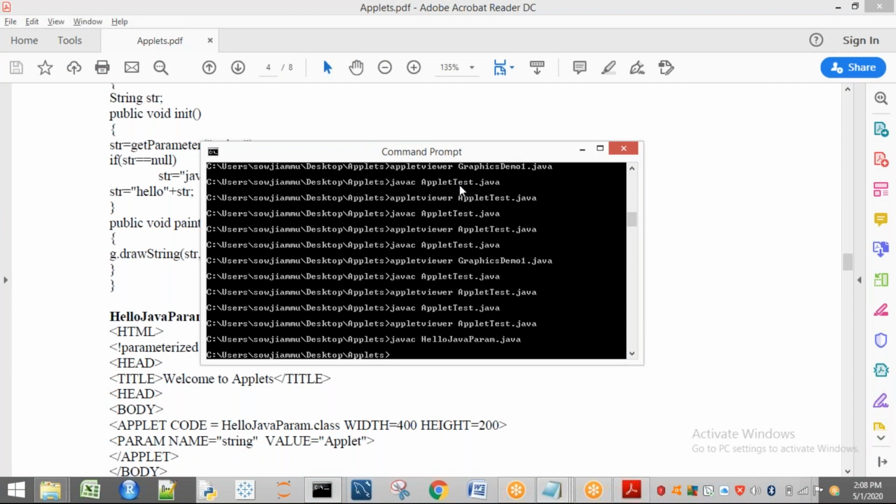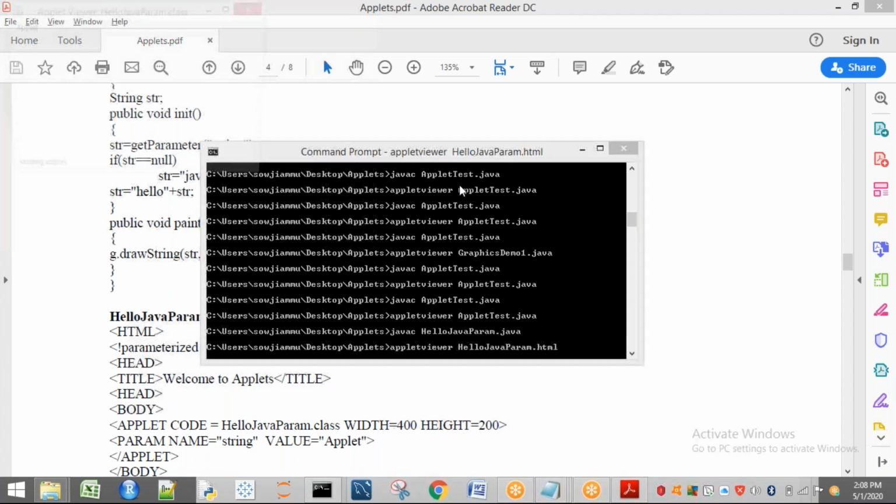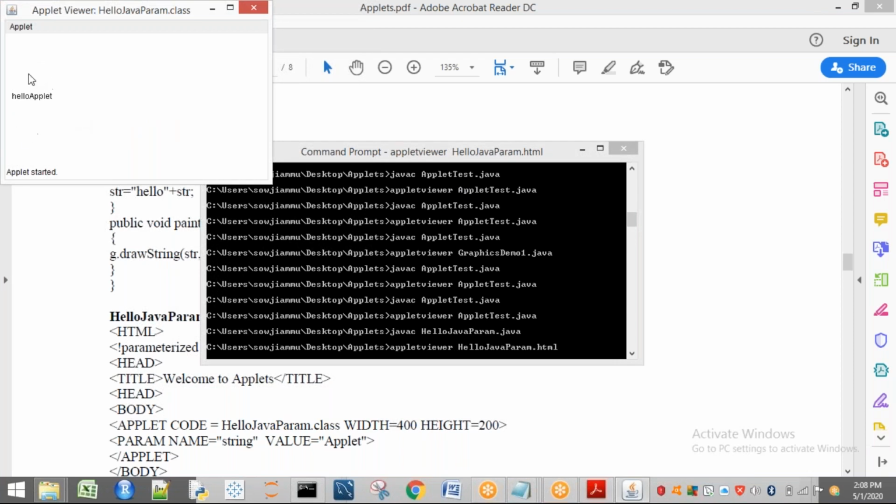Okay. Compilation is successful. Now you can go directly to the HTML file or by using this one also. That means if you go directly to the HTML file, you can double click on that and you will get it. But I will show you on applet viewer. So see here, hello applet is printed. Why is hello applet printed? Because the value applet is passed from here.